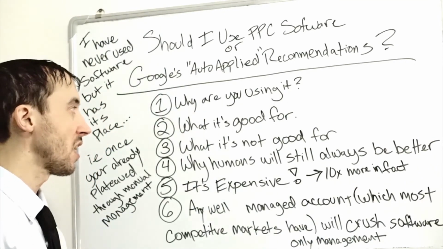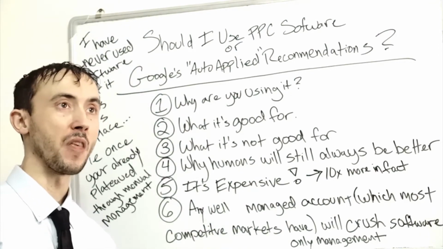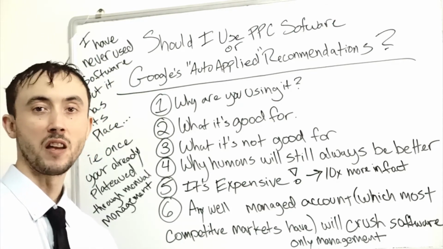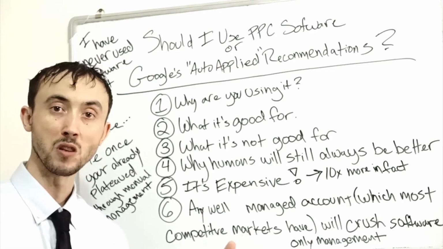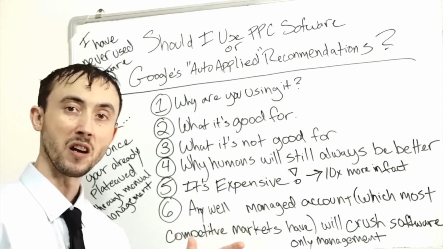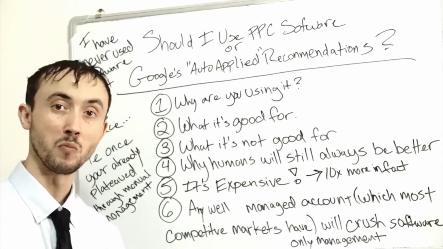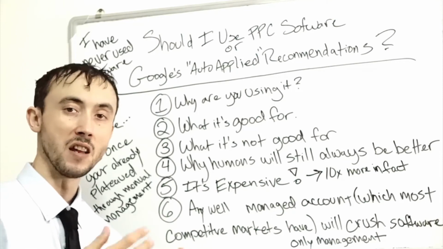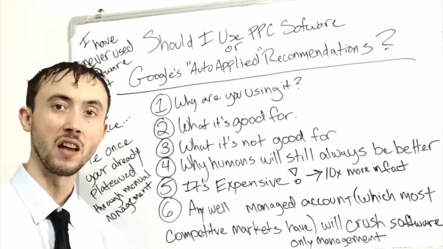So in any case, that's pretty much everything about PPC software. If you're looking at a smaller software, I don't want to name any names, for a smaller business that you're running, pretty much just stay away from the software. If you're a bigger company, you can use it. Companies like Acquisio have a good product. I've seen good results with that after you've done 90+% of the grunt work to set everything up, to take things the rest of the way,